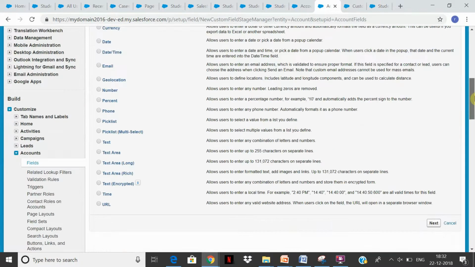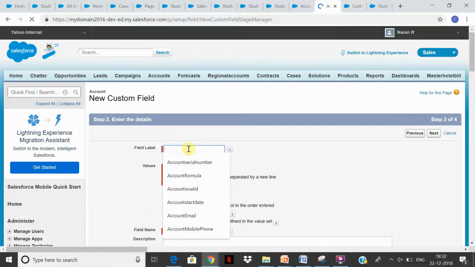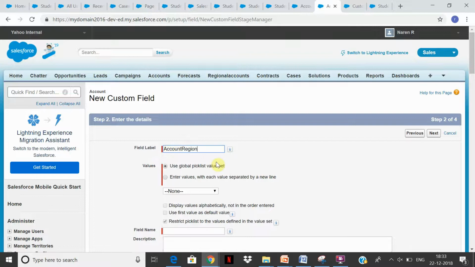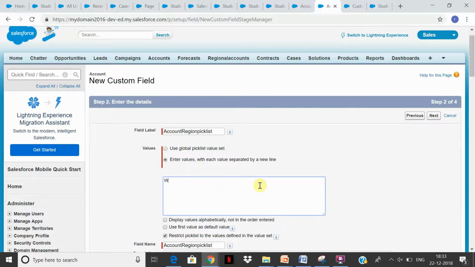The next data type that we are going to create is of type pick list. So you can always have multi-select pick list, right? Say account region pick list, and you're going to select enter values. We're not going to use global pick list now. We'll say west, east, north, south. So you just enter the values, and then it will say if you want to order it,